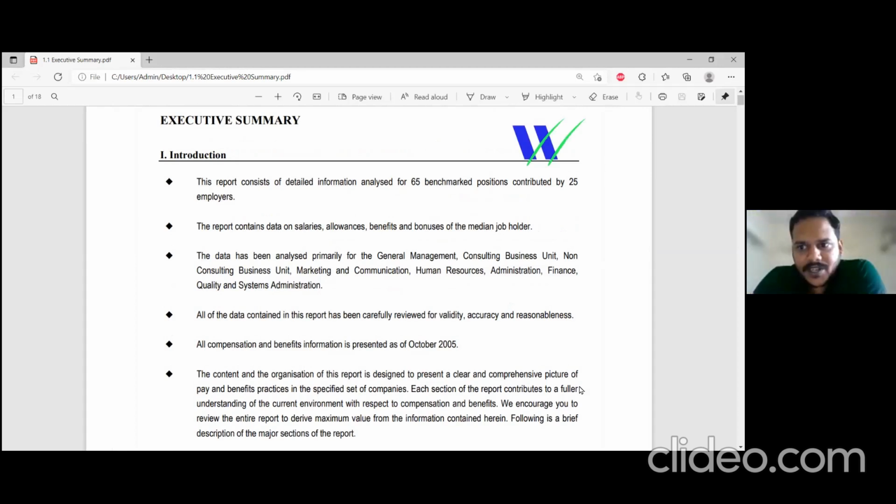Comparing our internal midpoint with the external midpoint. So we are looking at our salaries vis-a-vis the market. Why are we looking at it? Say, for example, if I say I will pay what I want to pay, and I don't know what the market is paying, how will I be able to judge that I'm paying less or more? Only when I know what the market is paying am I in a position to say yes, less or more. Based on that, I can position myself, saying I want to be the market leader, or I want to pay less than the market.